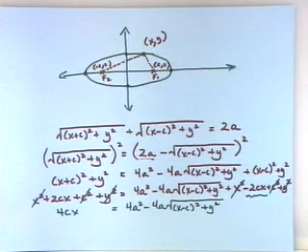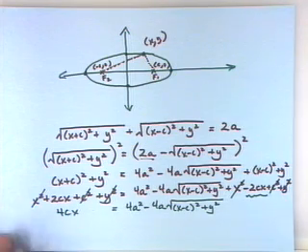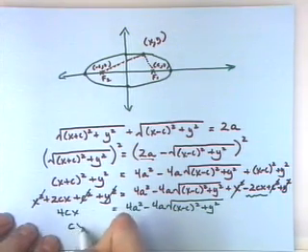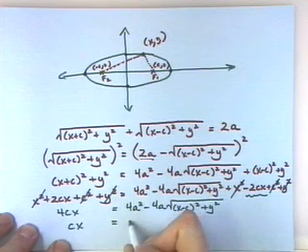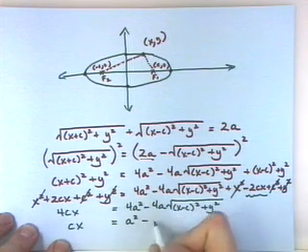Anything else before we attempt to isolate the radical again? You can divide it by 4. Divide everything by 4. I like that. So we have cx equals a squared minus